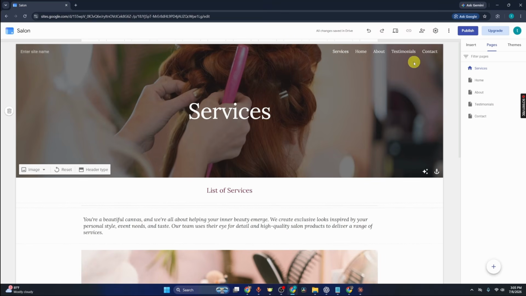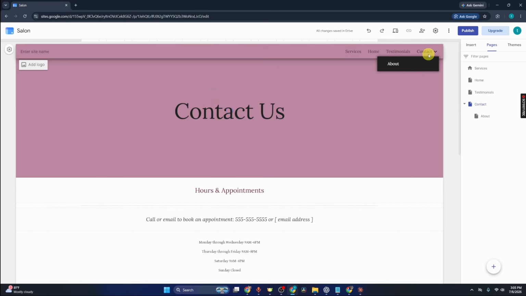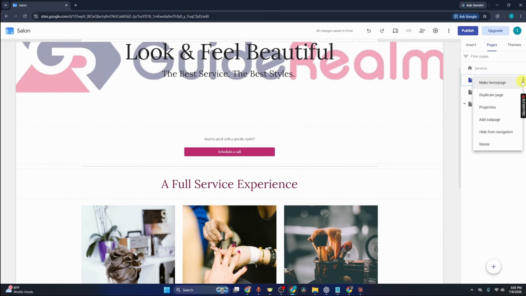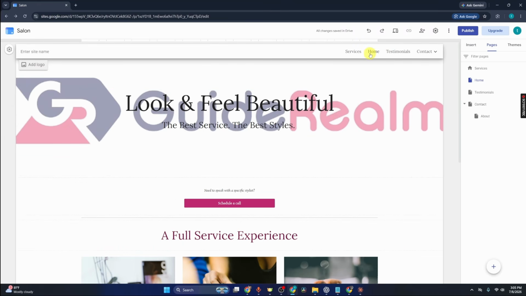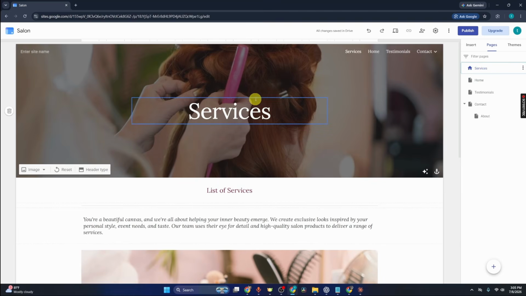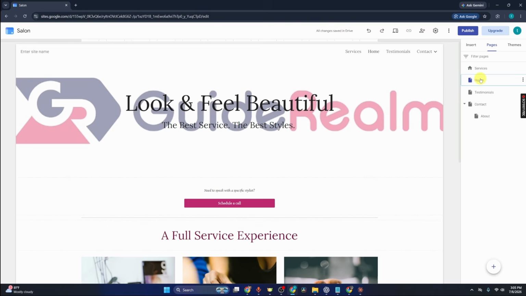So let's say I want to add about under the contact. I'm just going to left click and drag about inside the contact, and you will see now it is successfully inside of the contact. You can also click on the three dots next to any menu item to adjust its individual properties as needed. So as for us, we are on the home page, so if I want to make changes to the services section, I can just click on services, and here I can start adding my images and my services to my liking. For now, I'm just going to stick with the home,